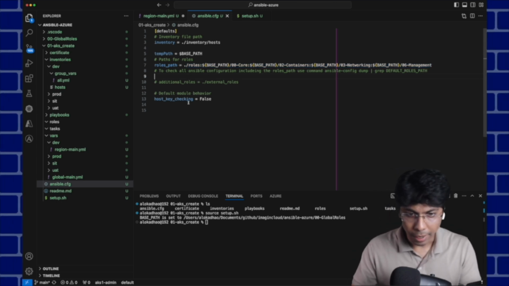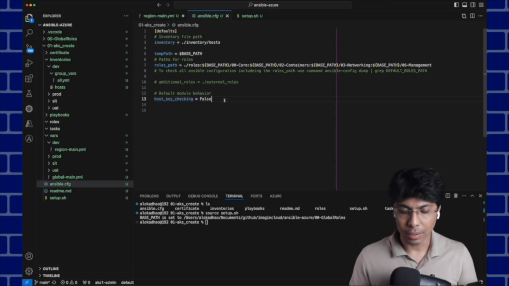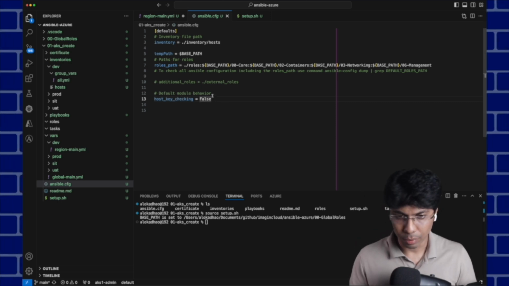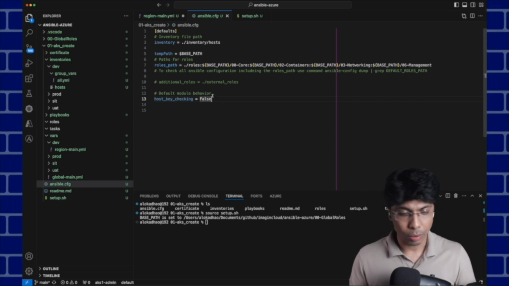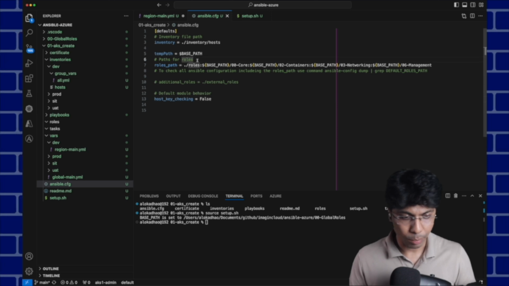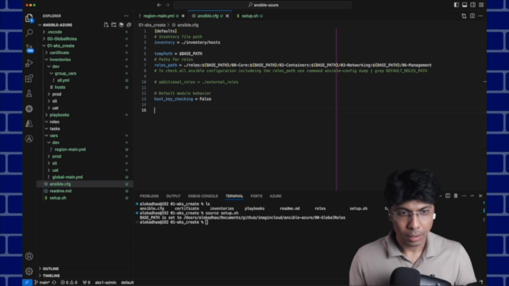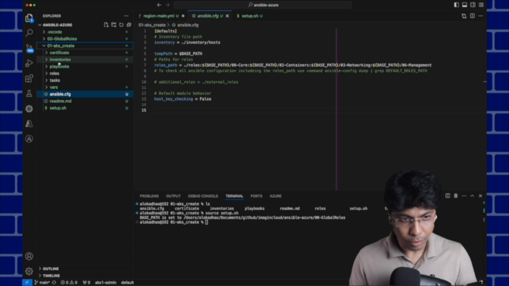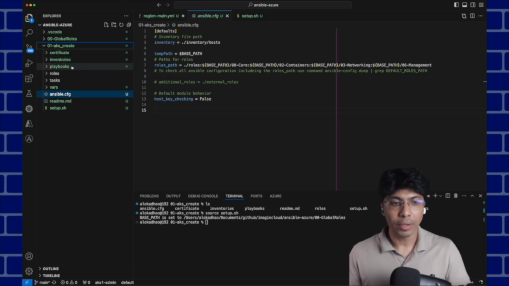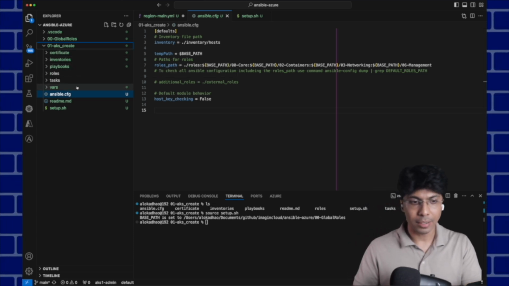Host key check false is in case I want to connect to any other VM, which we are not doing right now through this Ansible project. So this is my project. Now you understand the inventory, playbooks, roles, tasks, variables,